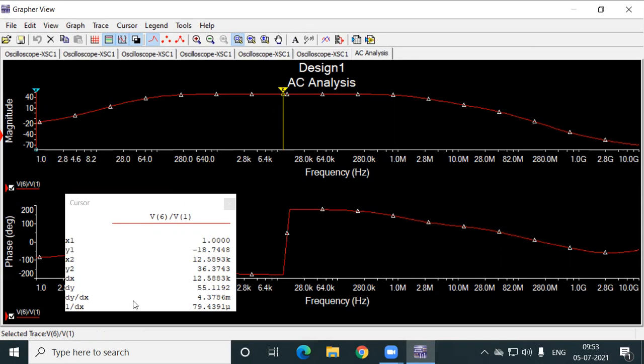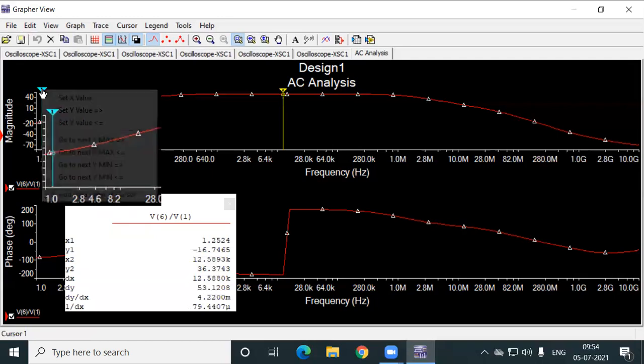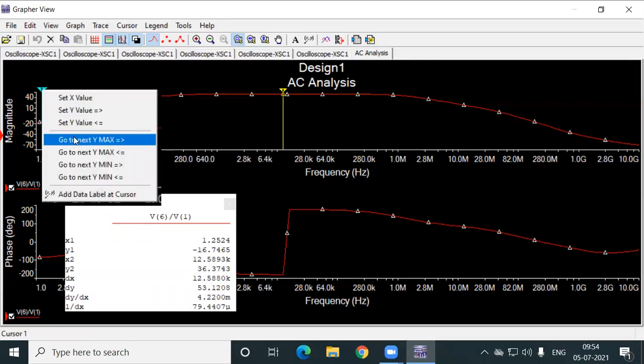So in this dialog box, the white one, you check Y2. What is the value of Y2? 36.37. That is the maximum gain of your common emitter amplifier, right? So now here take the another cursor.